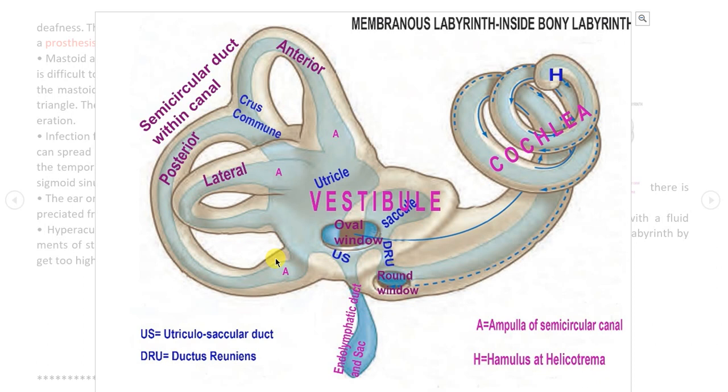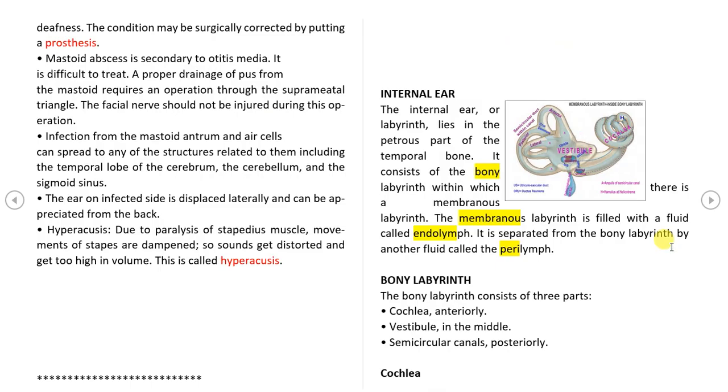Now other than this canal ampulla, another end of anterior and posterior canal, they are combined here, connected, and they are forming common canal. So this part is called crus commune. That is common crus of anterior and posterior semicircular canal. So these two are merging here and forming crus commune. And lateral one is separate, it does not unite with any of them. So now we will see orientation of these canals in another diagram.